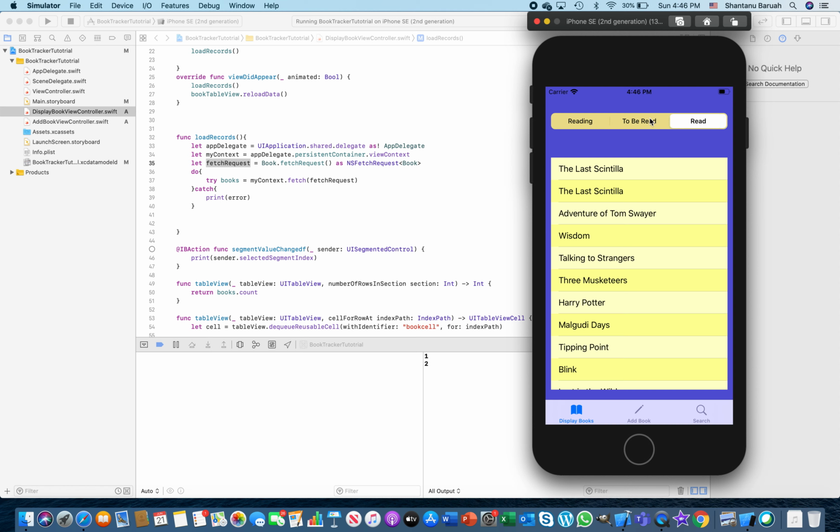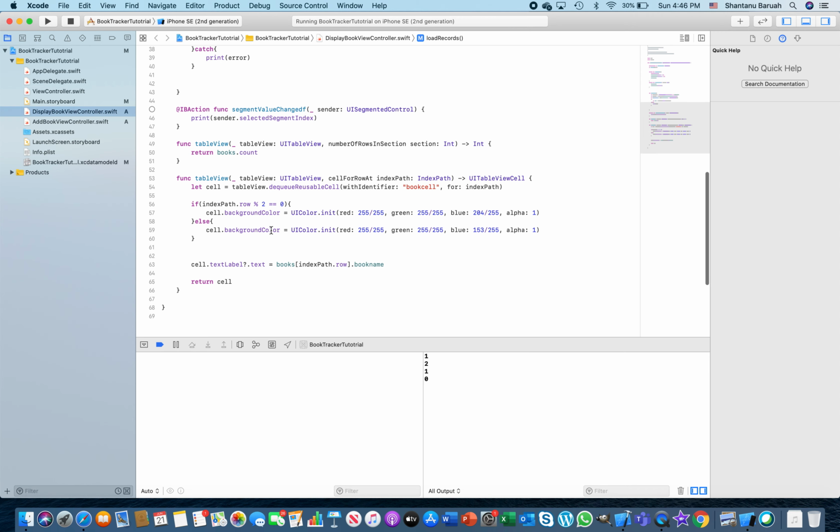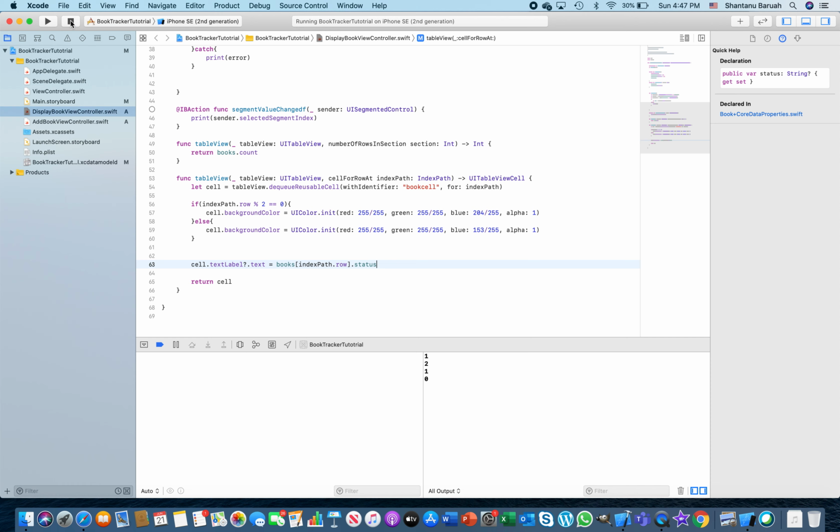When I click on this, or it by default comes here, it only shows the books which are read, to be read, or read, right? So I think what we are going to do first is, I know that when you're creating this book we didn't realize what we have kept where. So let's try to do this. We are going to print here, instead of book name, the status, and see what values we have. So this will give you a quick read of